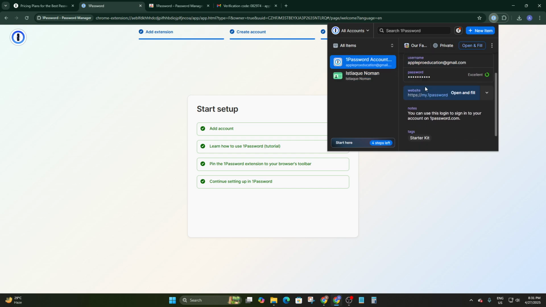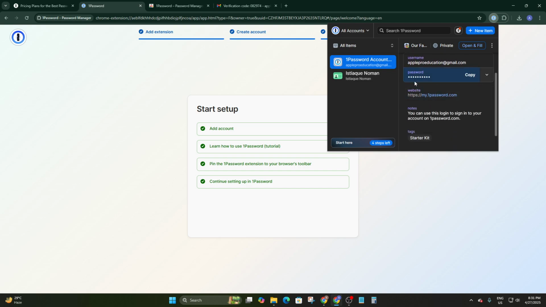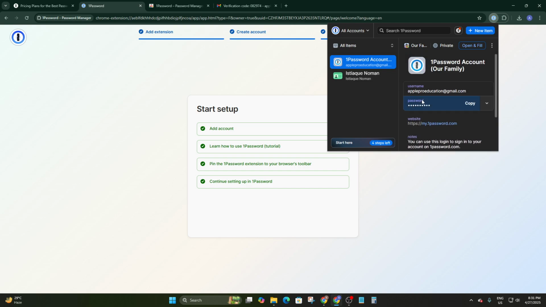So here is the main account where you can see accounts already from 1Password, username and password have been saved here. So if we save any password or we log into any account using this browser where the extension is installed, it will ask to save that password. When we simply click on save, it will just list that password in this section just like this, and it will show the password